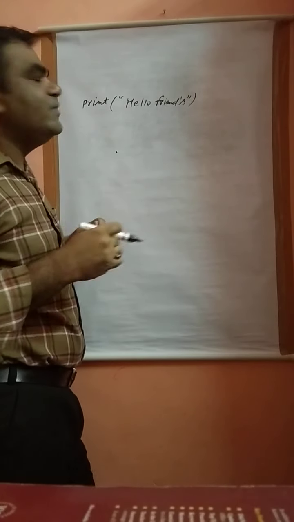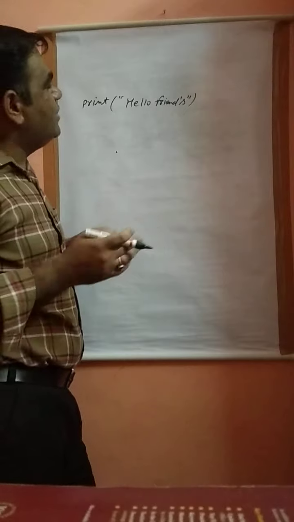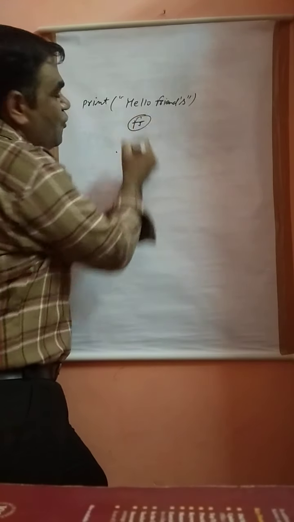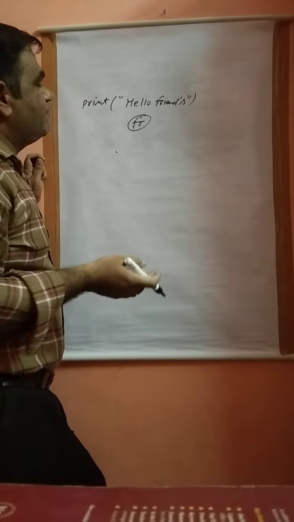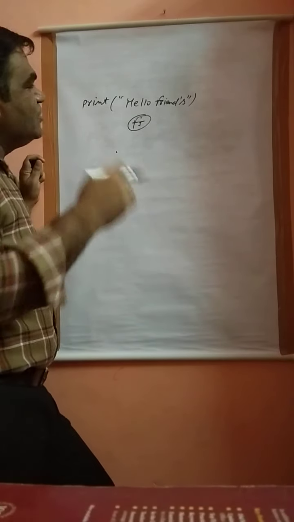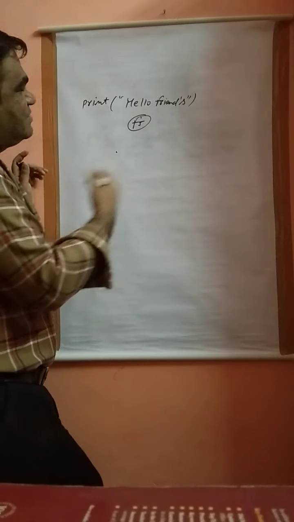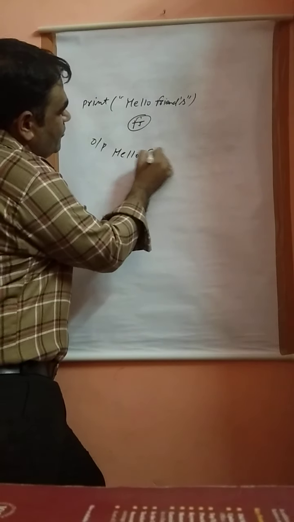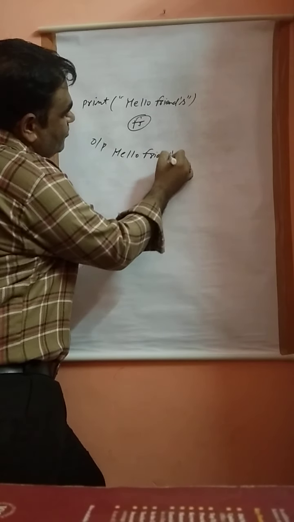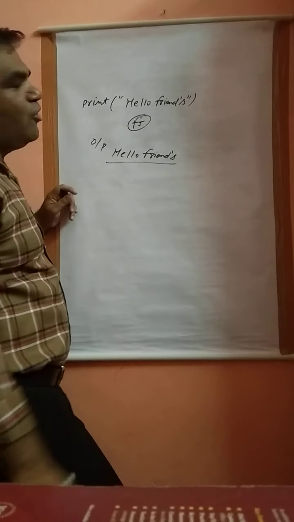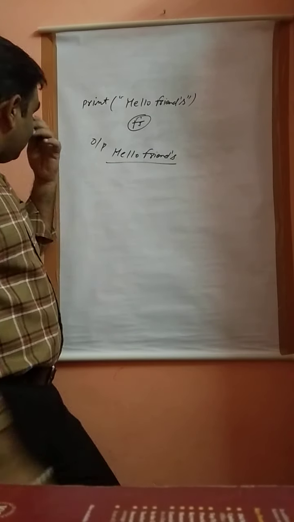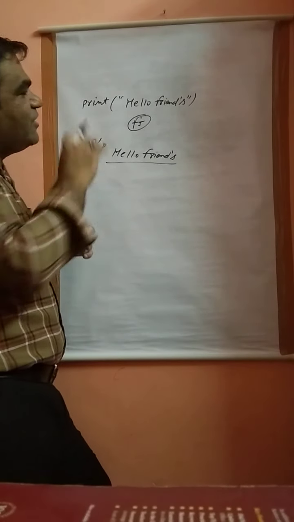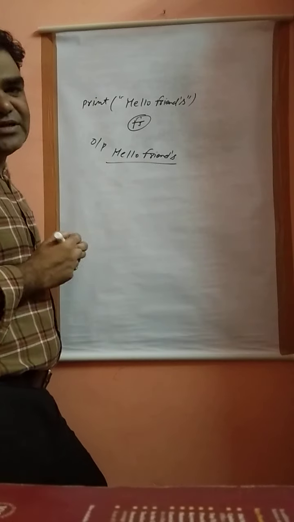We want to print hello friends with the help of the print keyword onto the monitor screen, and after that we just press the F5 button from the keyboard and the Python will show the answer or will show the output hello friends onto the monitor screen. So our output is hello friends. So this is our answer and this is our output with the help of the print keyword. Now how we write this particular message or this particular program with the help of the functions? Now this is the question.